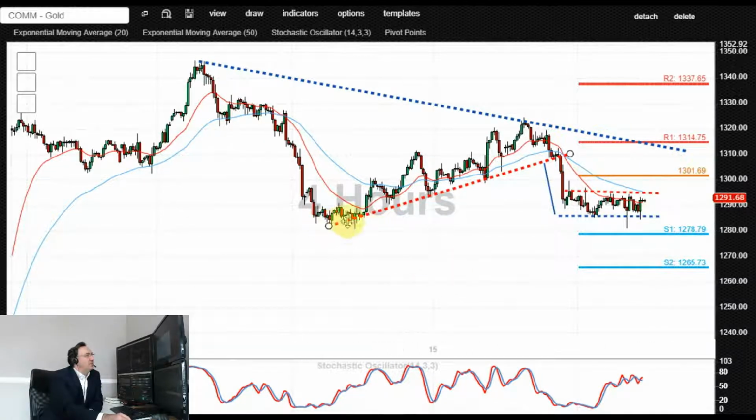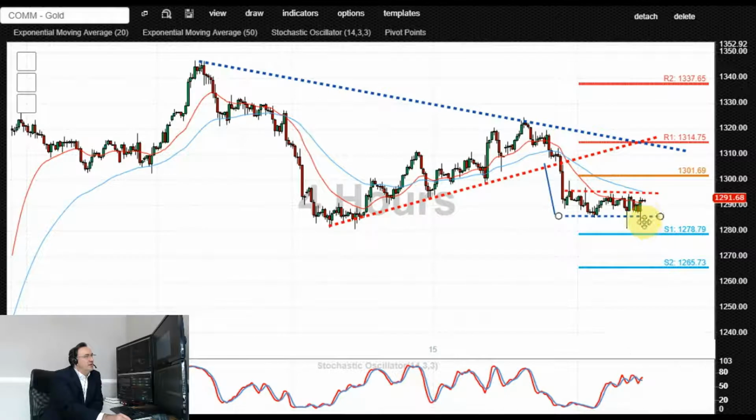Now this was a previous support trend line here, which is now newly found resistance. So X marks the spot here at 1315, 1314 level as a major resistance. Now, the initial resistance to the upside is at 1300, nice and round number. So if we see a spike lower from the current lows and a dip towards 1280 and then retest from